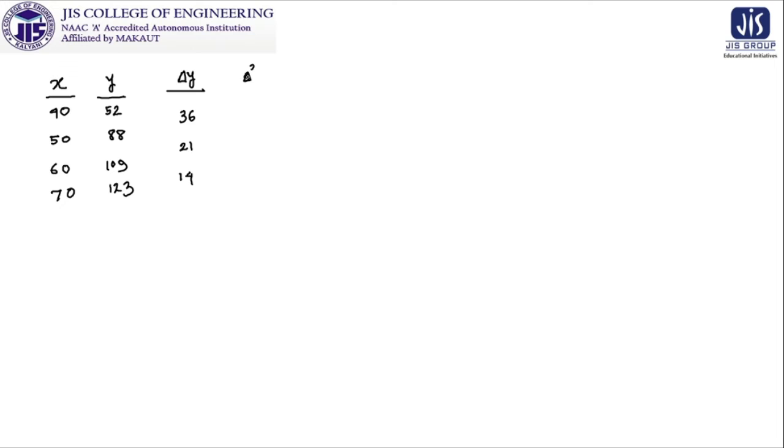Then yes, we can write it in this form also, del square, but as we are now only thinking for backward difference operator, we can write it like this also. So here also we can write it like this. The expression will be 21 minus 36, that is minus 15, and 14 minus 21, that is minus 7, and after that you are going to get it as 8, and the notation will be this one, or also you can write it as this one.